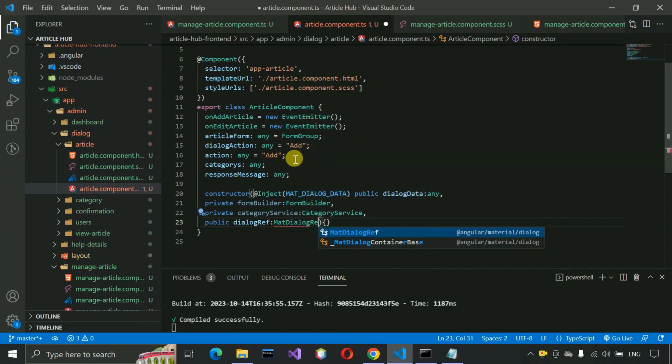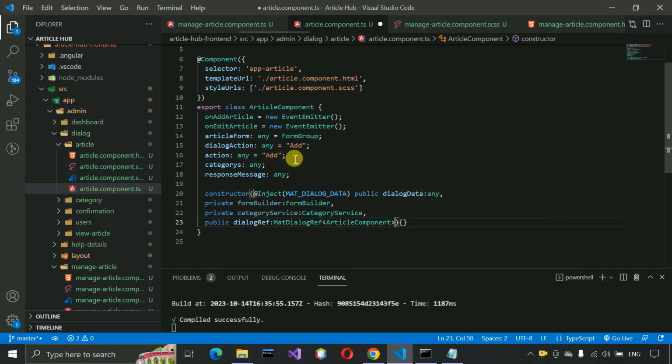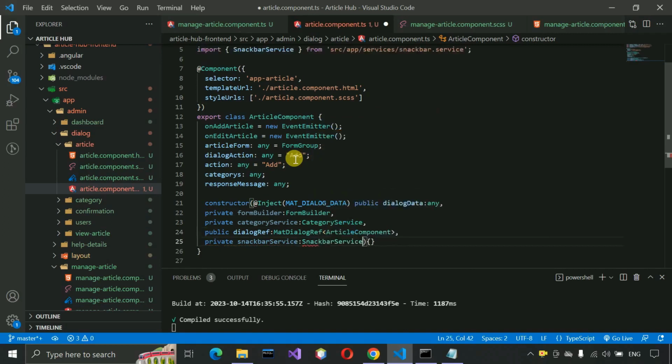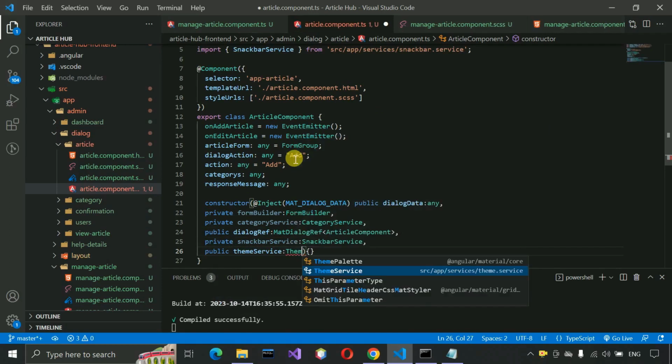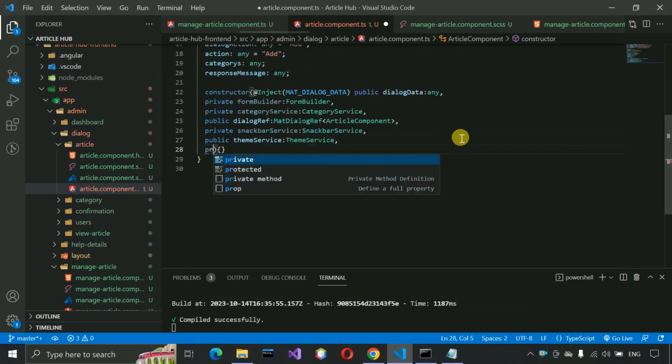and here reference this one, and here we just need to pass the ArticleComponent which we are currently in, so ArticleComponent, and then we have to write private snackbarService, and then public themeService, we need. Let me scroll this one a little bit, and private articleService, and here we just need to write ArticleService